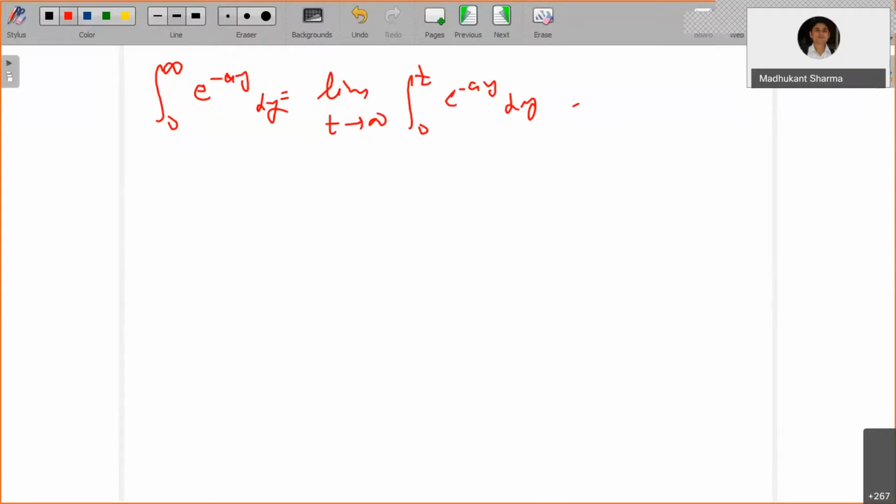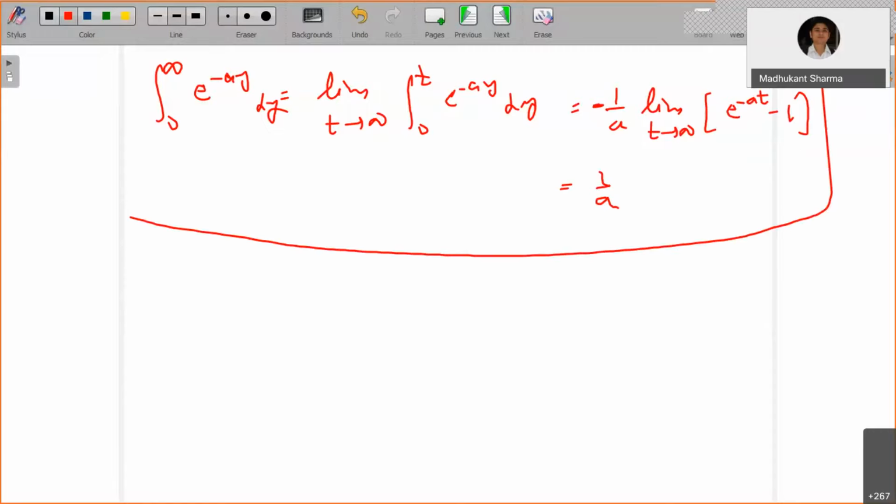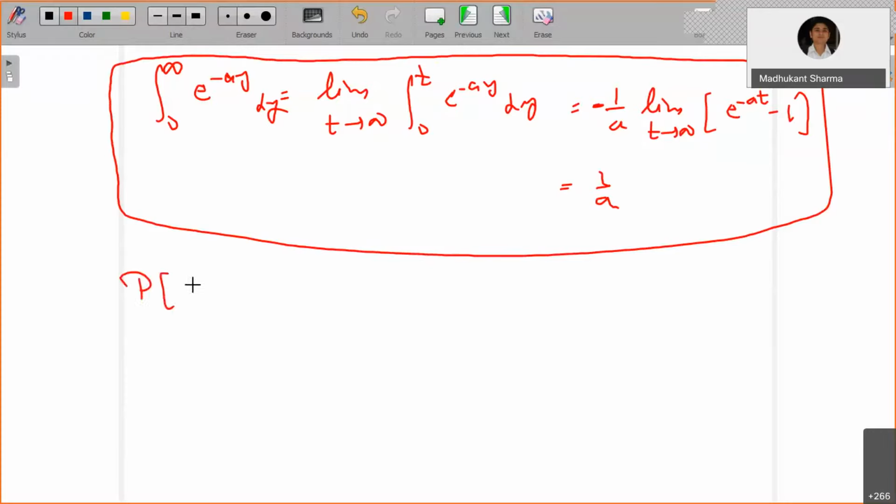So what it is, this is going to be 1 by a, and the limit as t tends to infinity of e to the power minus at minus 1, and this is with a minus sign here. As t tends to infinity, this tends to 0, so this is equal to 1 by a. Right, so this integral value is 1 by a. Now you can fix a equals 2 and a equals 3. So this implies probability of x less than y is equal to